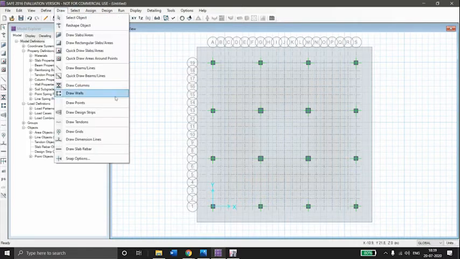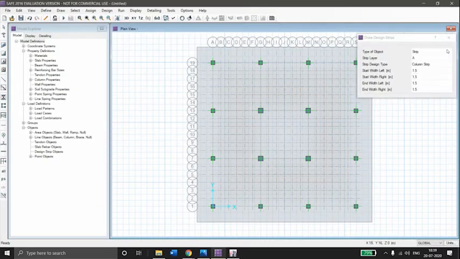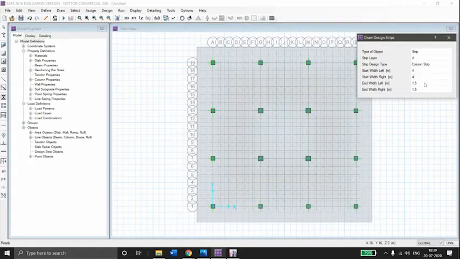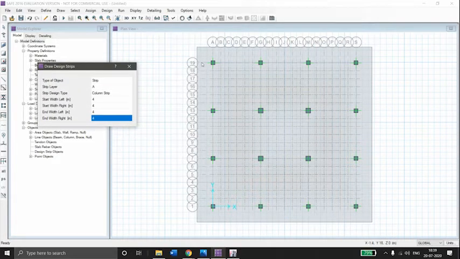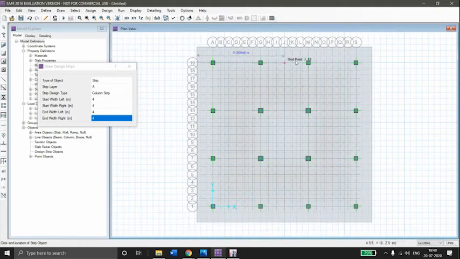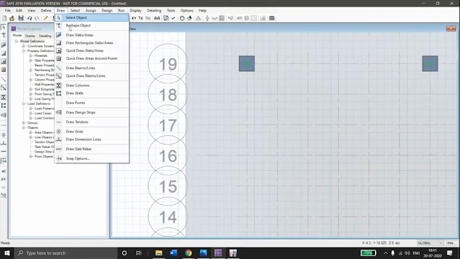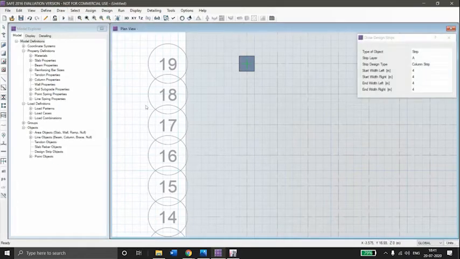Now go to draw, click on draw design strips. The strip width is 4 meters, so enter the value. Now draw the strips in the horizontal direction in the middle of the column. Go to draw, click draw design strips.